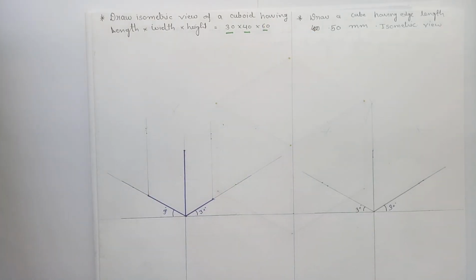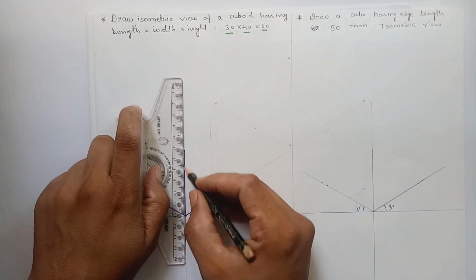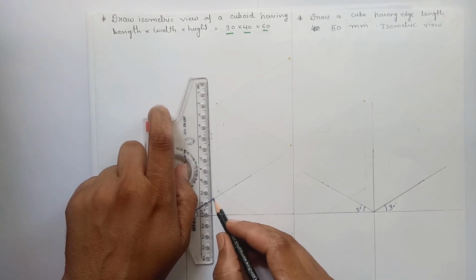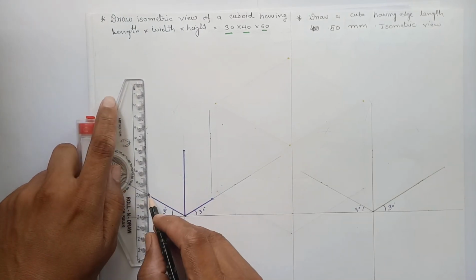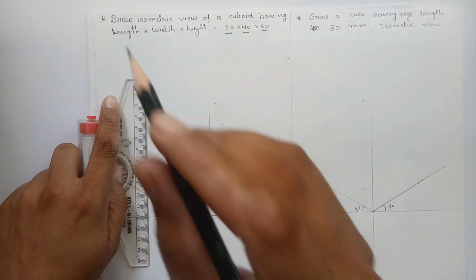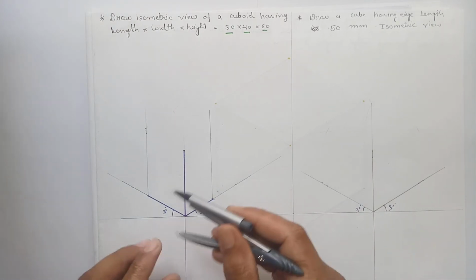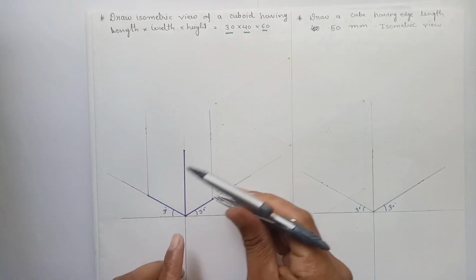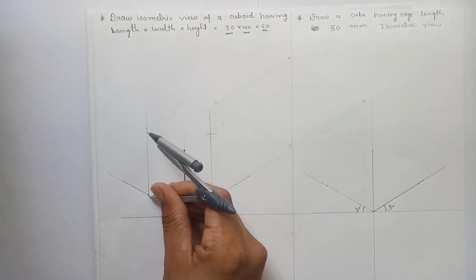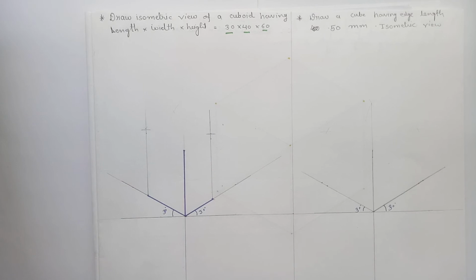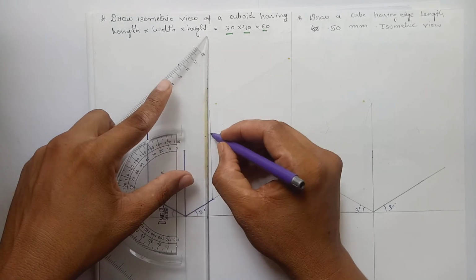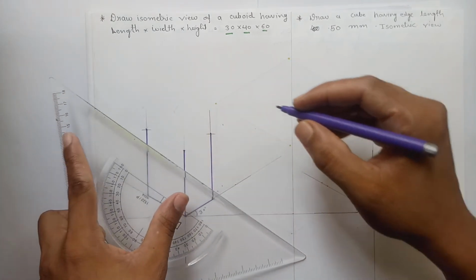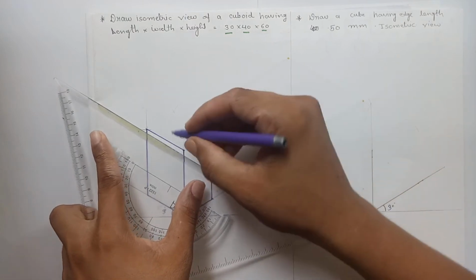40 mm. Now to complete this figure, draw lines parallel to this edge of the cuboid from this point and from this point also. Now measure axis height, which is 60 mm. Give an arc from this point, 1, 2. Join these points to base corner, 1, 2, which are the side edges of the cuboid. Now join these corners, 1, 2 and 3.